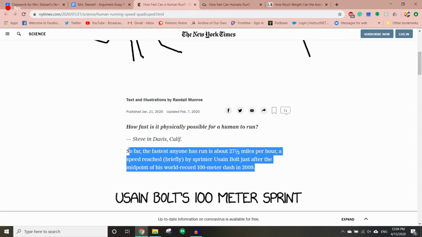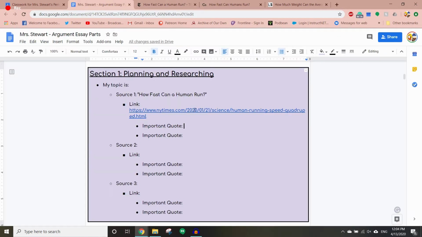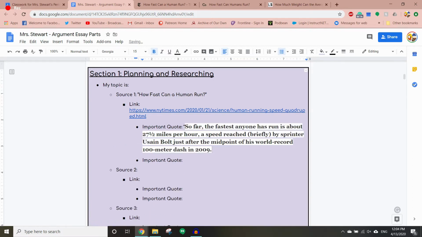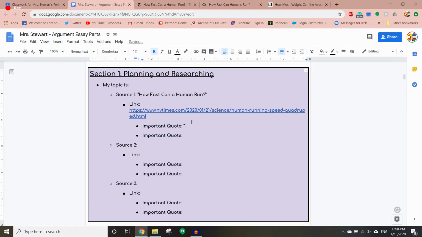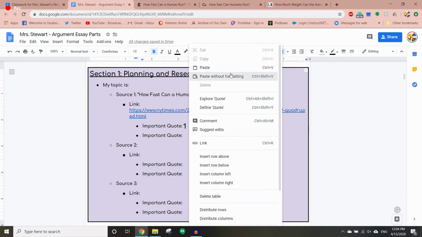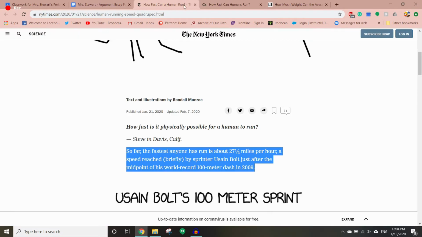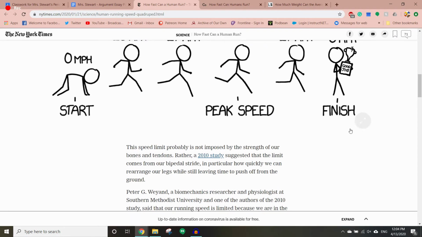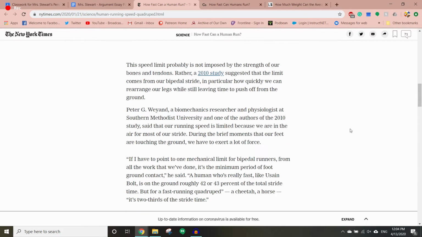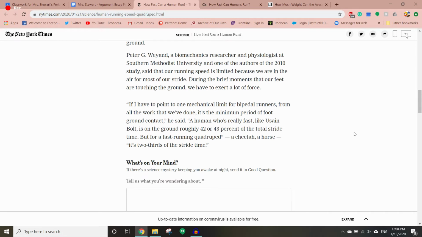Okay. So Control C, and then I'm going to quote, Control V. Actually, you know what? I'm going to do this. Paste without formatting keeps it in the formatting of this doc, okay? So it doesn't look weird. I'm going to go down here, and I want to find the part where it's talking about